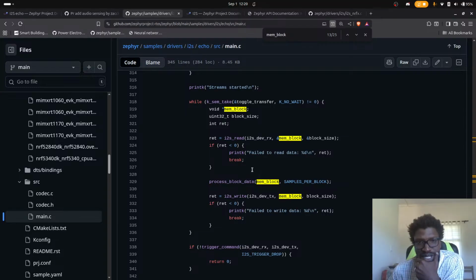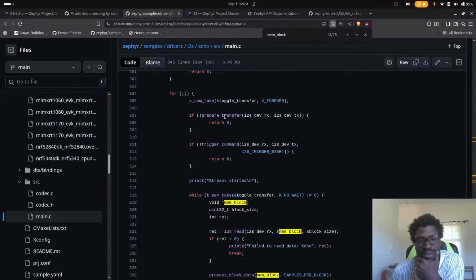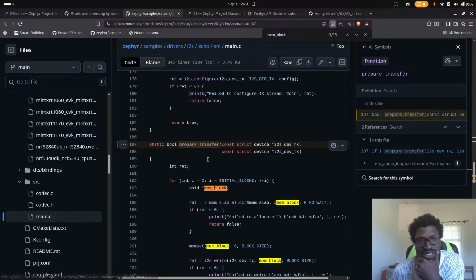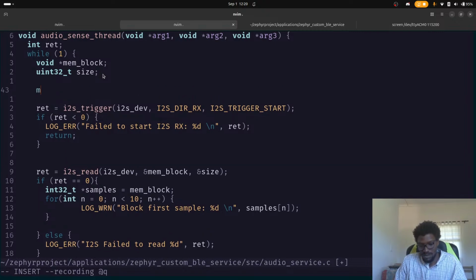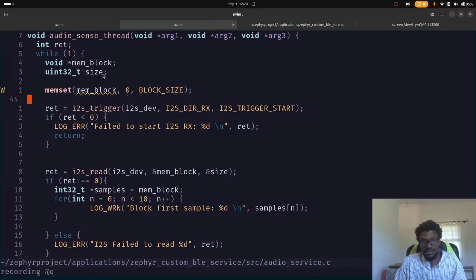that mem set is done after start. Where's the mem set being done now? So they do prepare transfer, and then they do a trigger. You see prepare transfer is over here. Then they do a trigger. So let's do a mem set. This is mem set. Mem set, mem block 0 block size. Can't even check on the result of this because